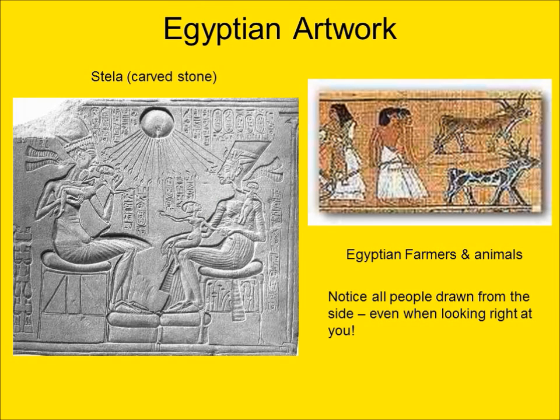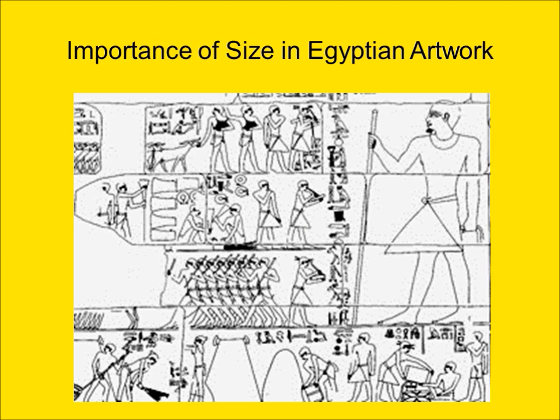Egyptian artwork is very concerned with a sense of order and balance. Most ancient Egyptian art served both political and religious purposes, and especially to reinforce the social hierarchy. Many artistic pieces were created to protect Egyptians in the afterlife, and size is very important to Egyptian artists. As you can see in this image, the pharaoh on the far right is the largest person, and the smaller the people are in the depiction, the less important they are in terms of social hierarchy.